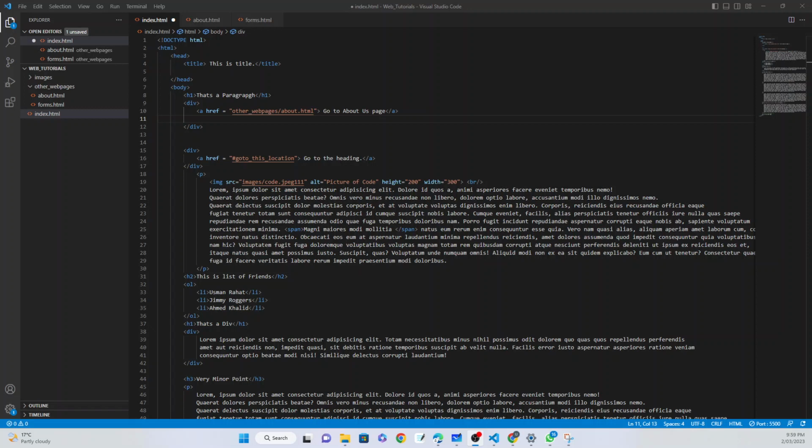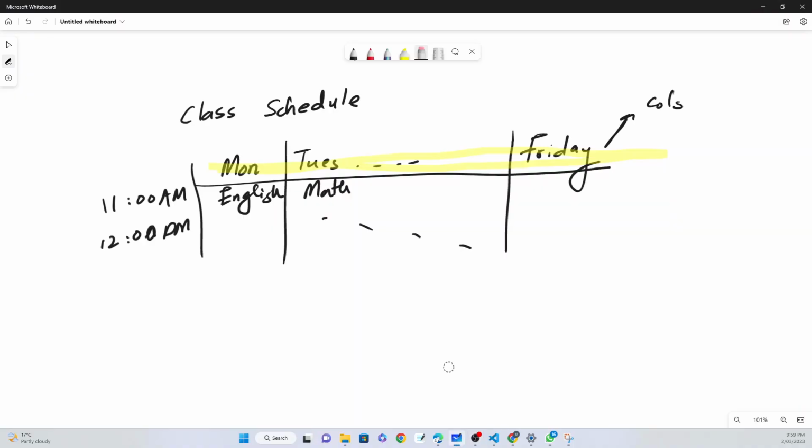In this tutorial, I'm going to explain tables and how we can use the table tag to put data on the web page. Now, tables you generally use to put tabular data on a web page. To explain it better, if we're going to put something like maybe a class schedule or something of that nature, we can use the table tag. Inside the table we have